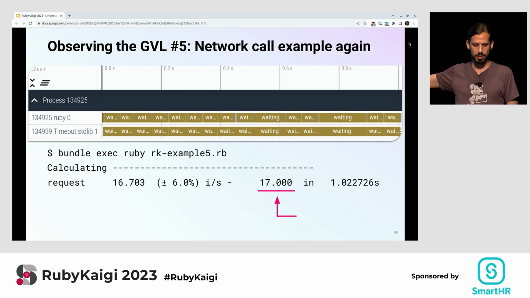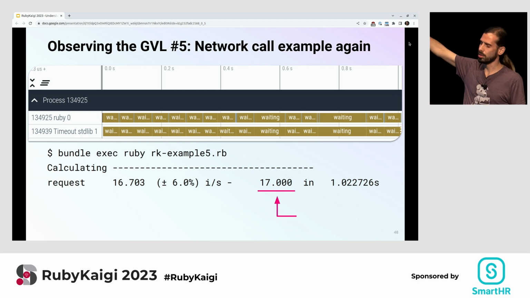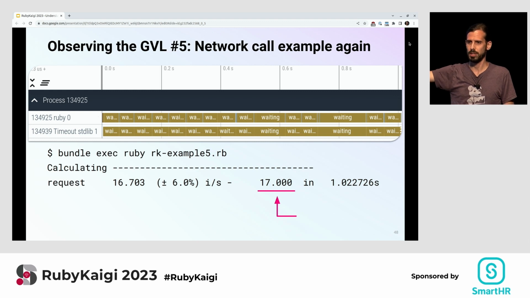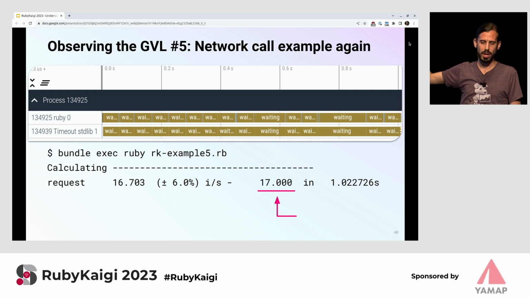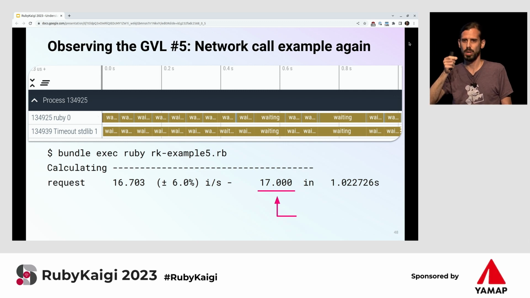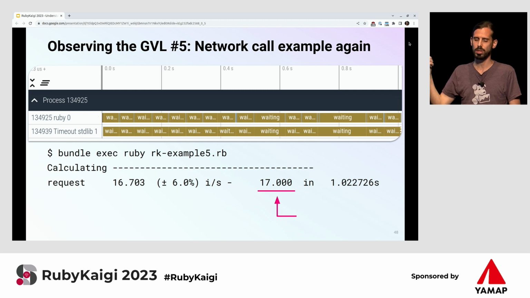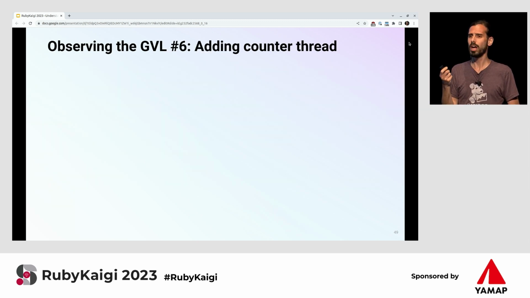So if we take this example, we see that there's a lot of waiting. Most of the time is spent waiting. And if you look really closely, you'll see very fine lines of blue there. It's because the period spent running is actually almost nothing. This application is truly dependent on the network to make progress. So if we add the counter thread,